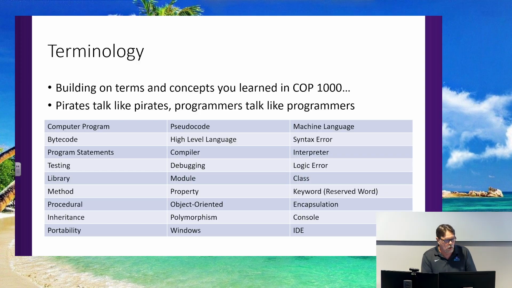So, what else do we have that might be new? Depending on who you had for COP 1000, you may or may not have gotten into much object-oriented discussion. Lots of times we're happy if people can write programs at all coming out of COP 1000, but if you read ahead in the book, one of the next chapters after that semester ends talks about how to do object-oriented programming in Python. So you may or may not have already got there.